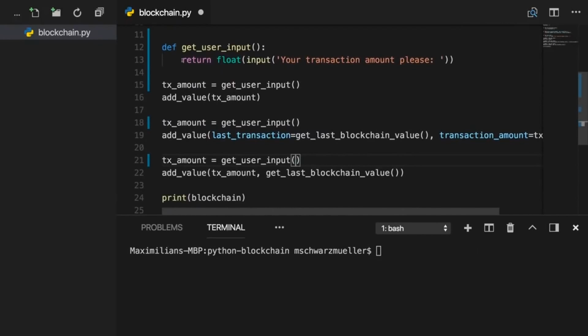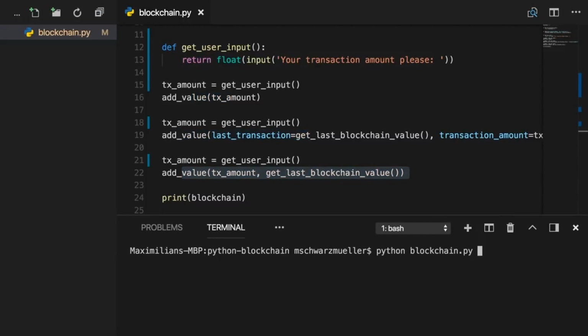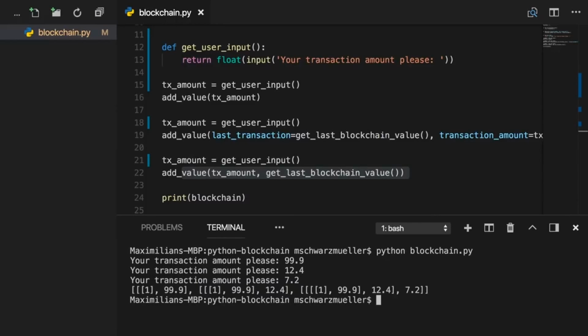And we outsourced the core functionality, the input and the float method here, into a separate function, which we now call, and where we store the result, which is returned with return, in a new variable, which we then pass to add value. And with that, we can execute that file, and we're again prompted for some input here. And as you can see, this still works as before, but we got leaner code.